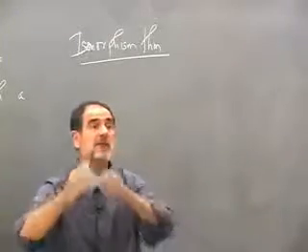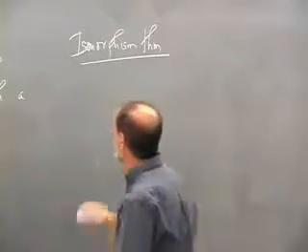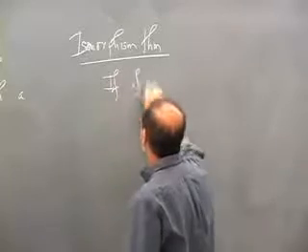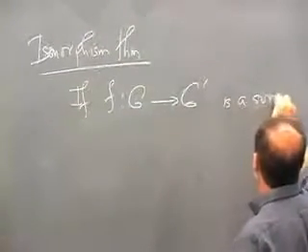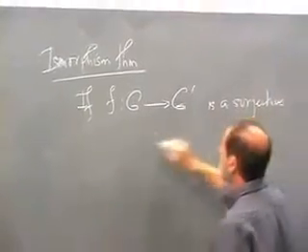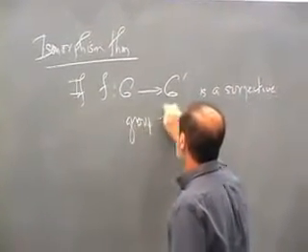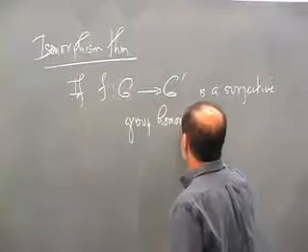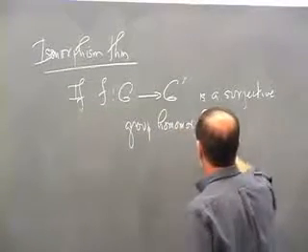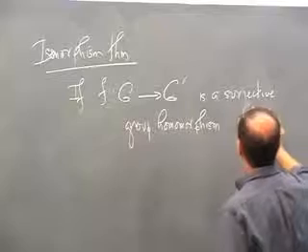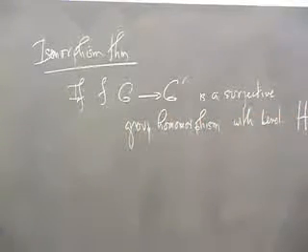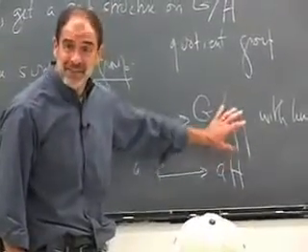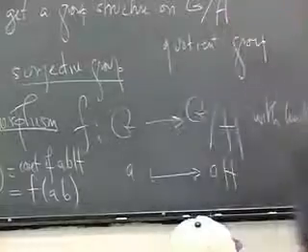It says if F from G to G prime is a surjective group homomorphism with kernel H, and here's an example of one, here's a surjective group homomorphism with kernel H, namely to G mod H. Then